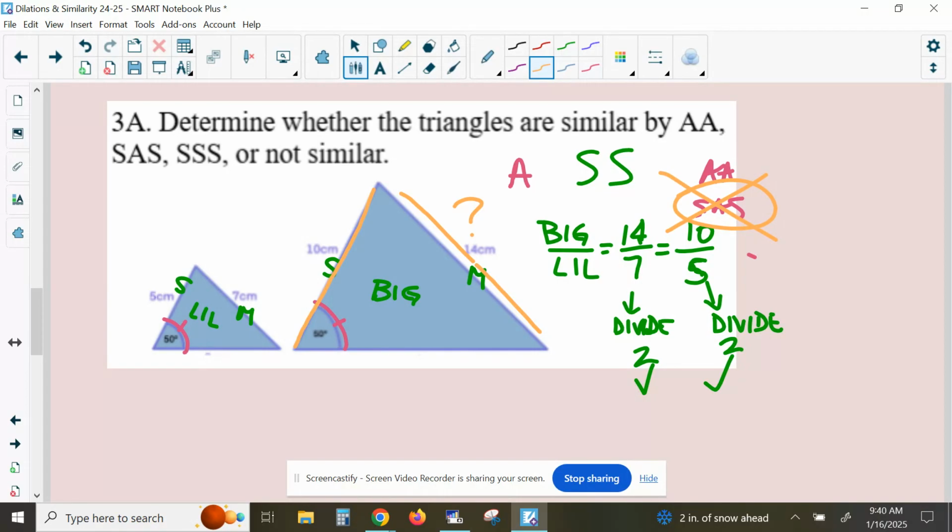We have nothing. We don't have AA. We don't have SSS. And our SAS did not work because remember the rule that both of these sides have to be touching the A. So that means these are not similar. Winner, winner, chicken dinner, not similar. See how they try to fake us out? Okay, go ahead and do